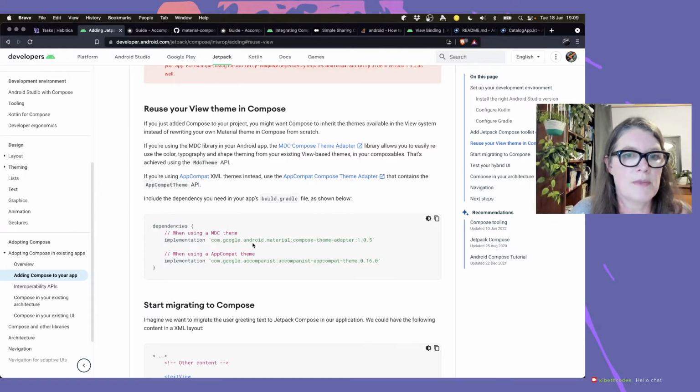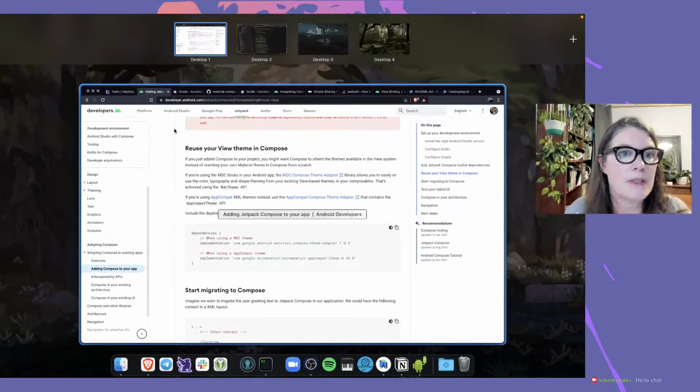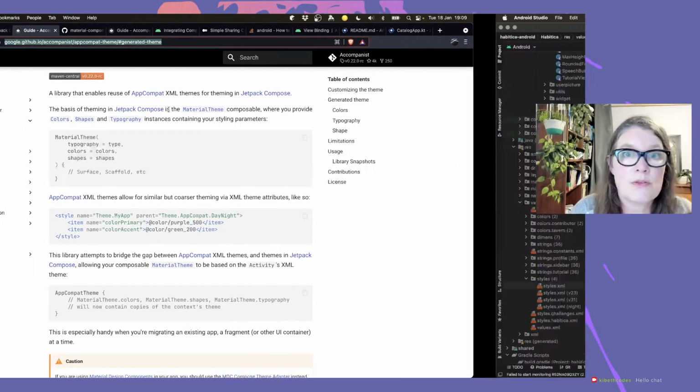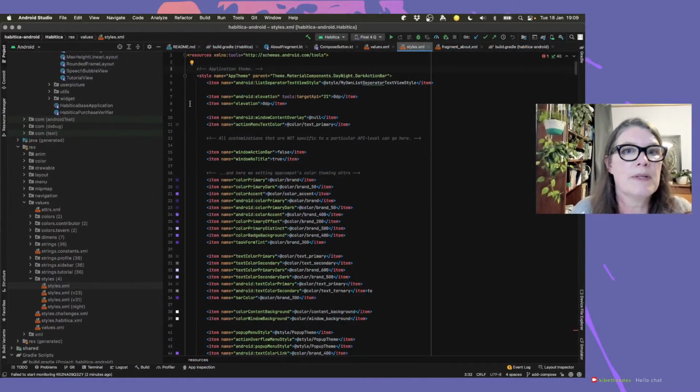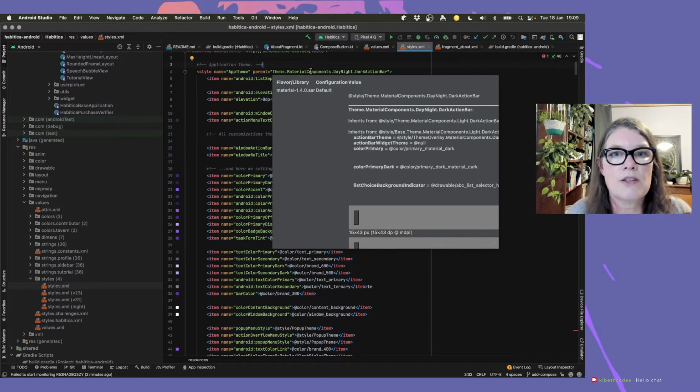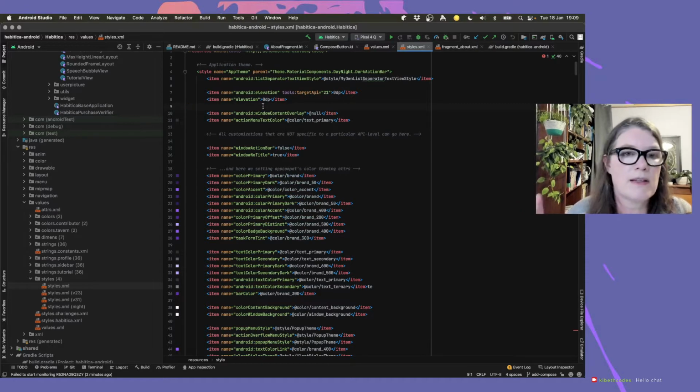So this is for MBC. You can add that, and if it was AppCompat, then it's this. See, Theme AppCompat DayNight. Okay, so we're not actually using AppCompat. I was wrong. I thought we were using AppCompat, but it seems the app theme is in fact Material Components DayNight. Okay, this actually makes it better, so that changes my plan slightly,